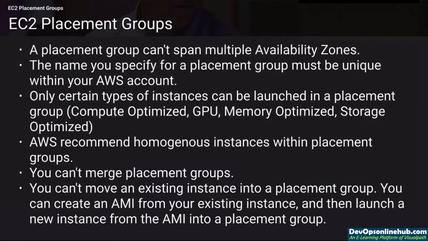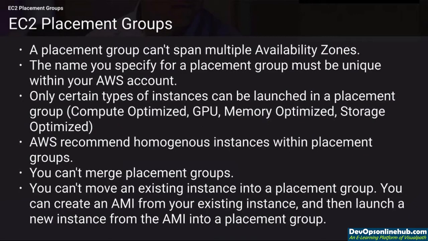Whatever name we specify for the placement group should be unique, right? If you have already picked that name, I cannot use the same placement group name. It is like an S3 bucket, so whatever name we give, it should be unique. And only certain types of instances can be launched within the placement group. Earlier this restriction was there, like I can launch only C4 based machines or M4 based machines or R4 based machines inside the placement groups, but now they have enabled it for all of them. So currently we saw how for T2 micro also we can make use of this placement group.